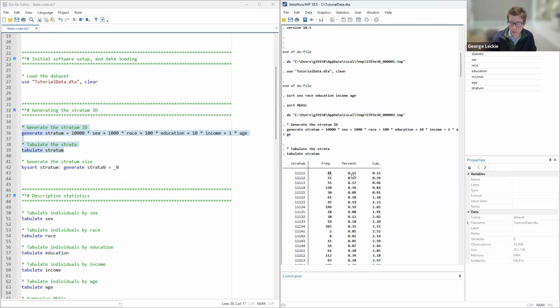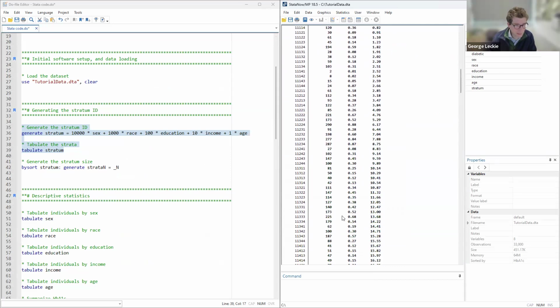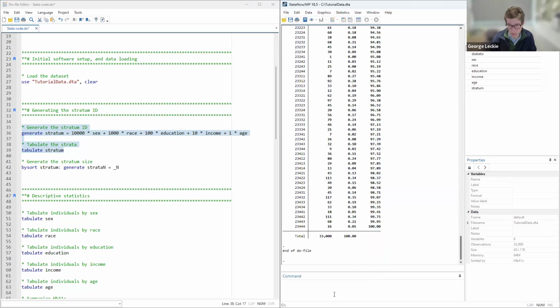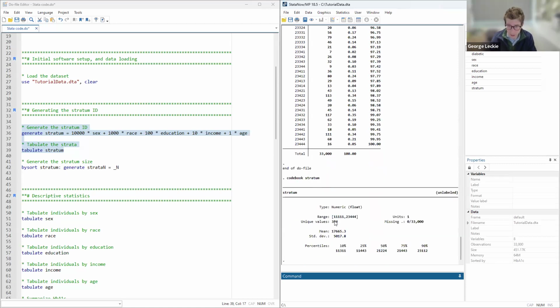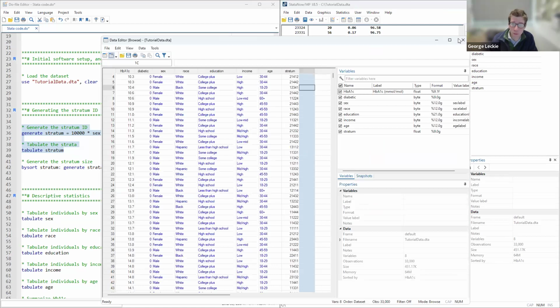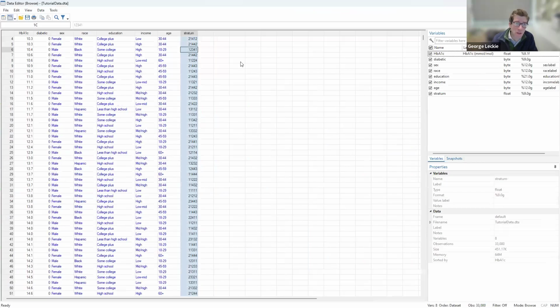That tabulation is quite useful because it tells us the percentage of people at each intersection. And because I've got many intersections, I've got lots of these. Maybe I can even do something like codebook stratum. If I do that, it tells me I've got 384 unique intersections, unique values of stratum. I might want to make a variable in my data set which holds the number of people in each stratum. So if I sort by stratum,